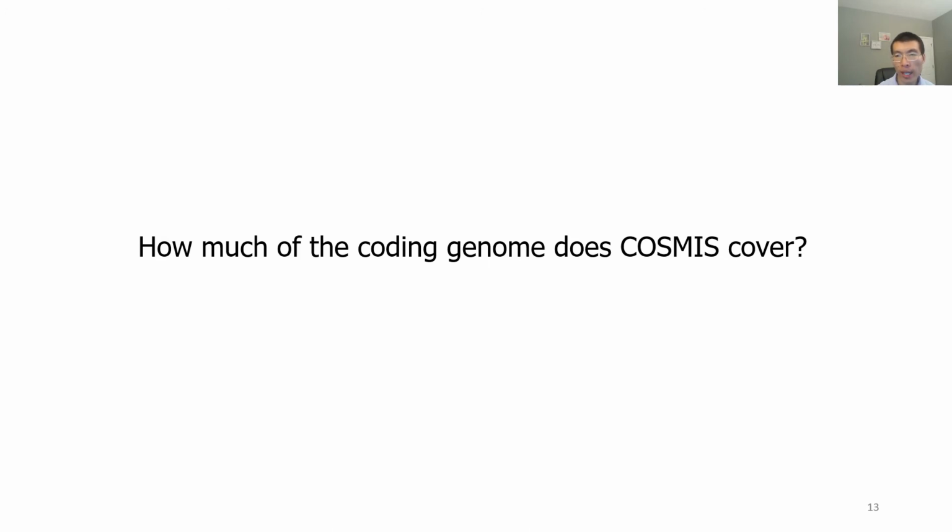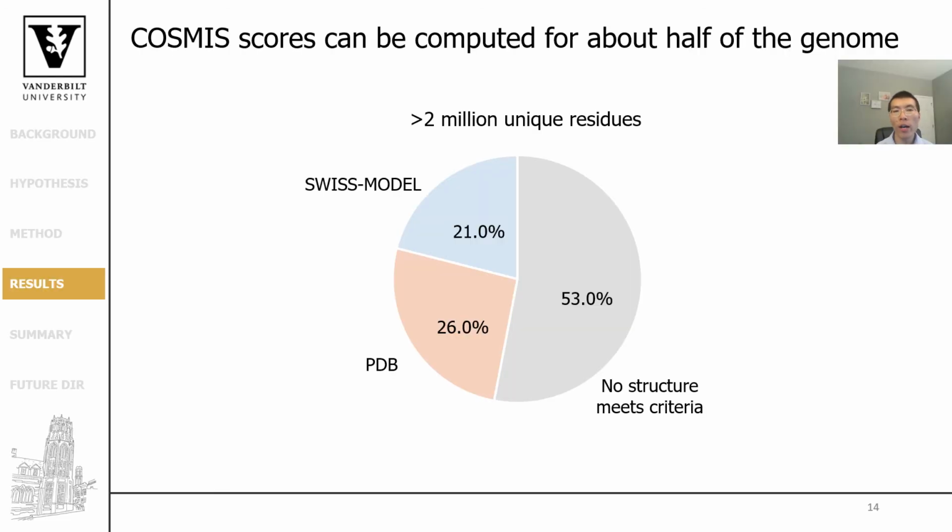Now you might be wondering how much of the coding genome we can compute the COSMIS score for. It turned out that the 2+ million unique residues that we were able to compute the COSMIS score for represent roughly 50% of the coding genome, despite the fact that we selected structures and models using relatively strict criteria. Specifically, the COSMIS scores for 26% of the coding genome can be computed using structures from the Protein Data Bank, and the scores for an additional 21% can be computed using high-quality models from the